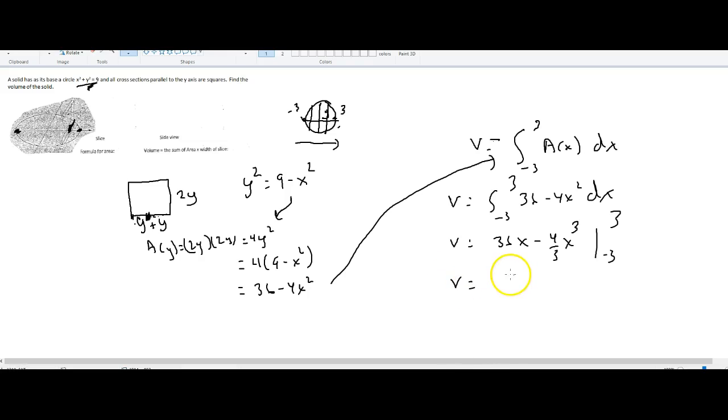Which in fact would be 3 times 36, which is 108, minus 36. I think that's what you get there because you'd have 3 cubed, which is 27, divided by 3 is 9, and 9 times 4 is 36. Minus, and then these would be repeats of the exact same things. They would simply be -108 plus 36, and so I end up with 216 minus 72, which is in fact